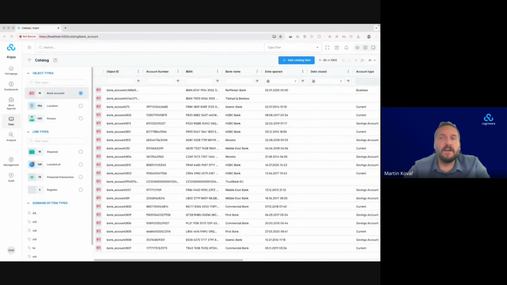Now, SAR and STR data are automatically collected from various XML files or API endpoints. This part is happening in the background, and we are transforming the data into entities and links based on a predefined yet configurable ontology, or data model if you prefer. Here is an example of entities: bank accounts, locations, people, organizations, and there are link types, or links between those entities. Now we correlate all data into a central knowledge base using customizable entity resolution rules.